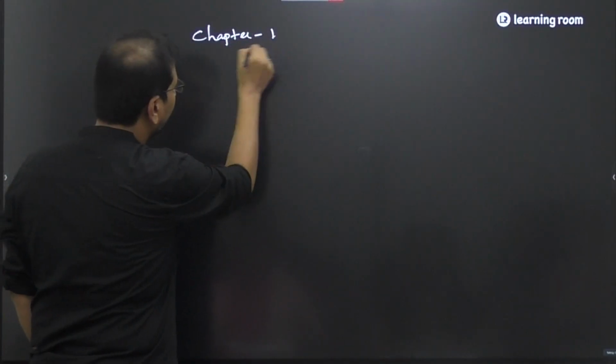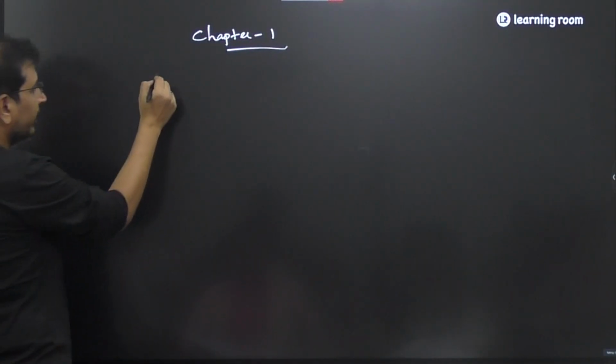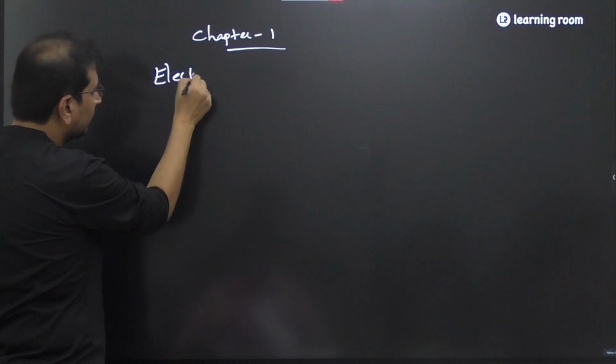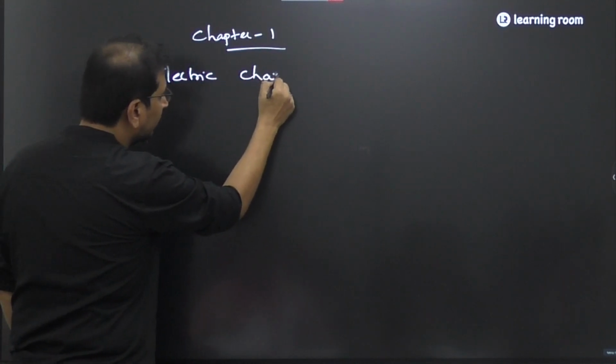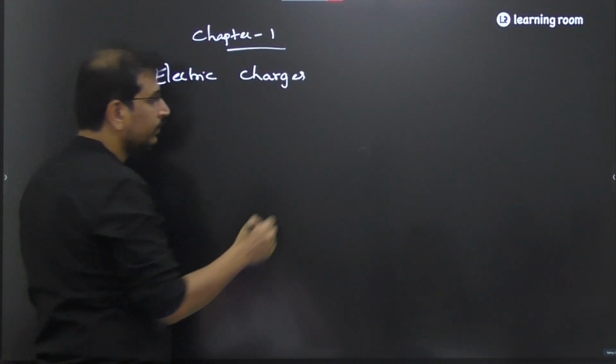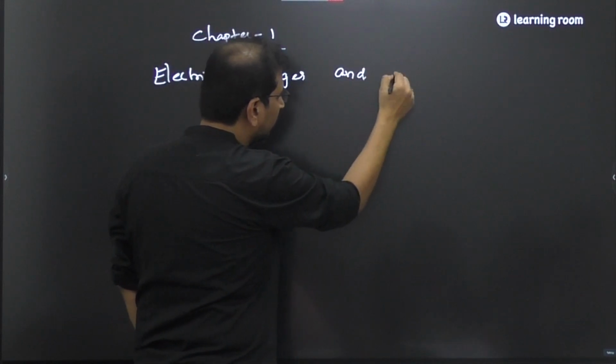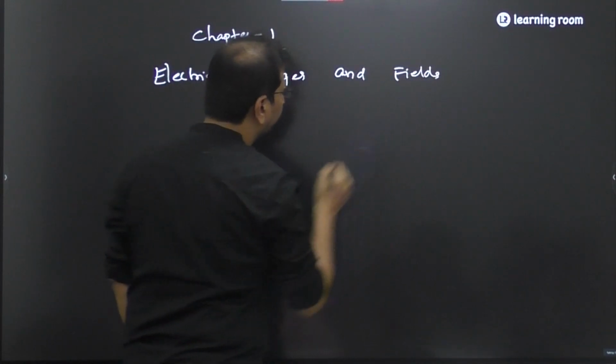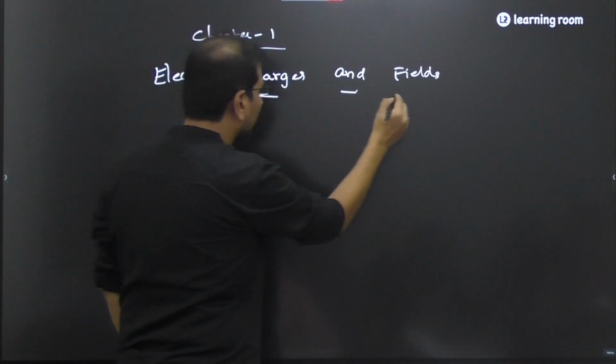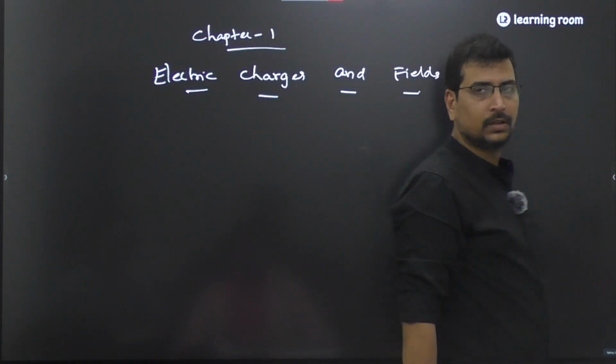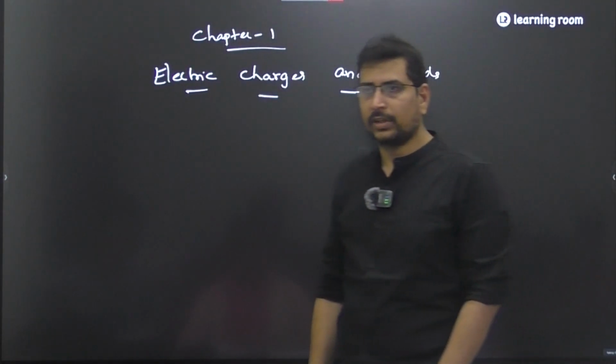So we'll go with chapter 1. What is the name of this? It's called electric charges and fields, right? So the name is so big, but we'll try to dissect it and understand what exactly they're trying